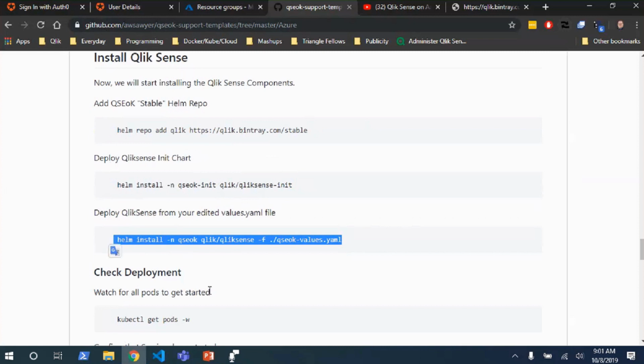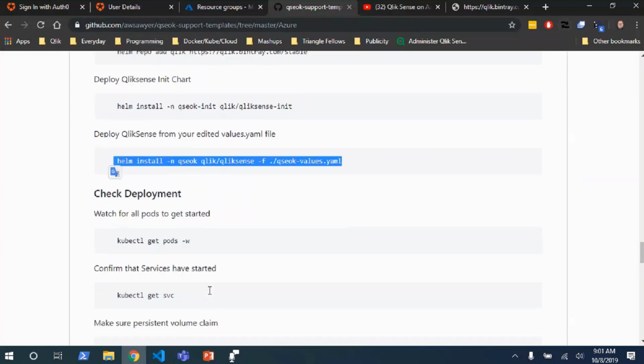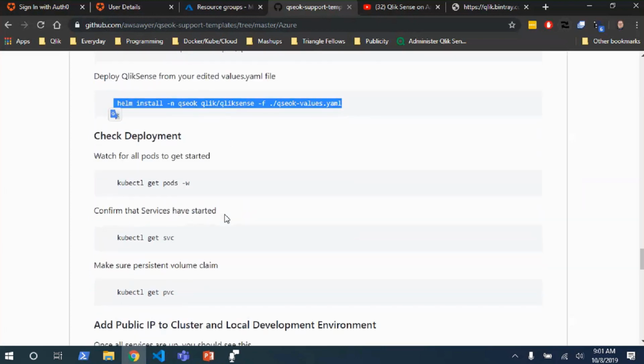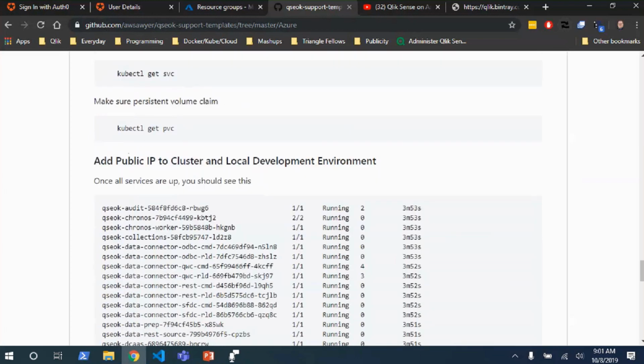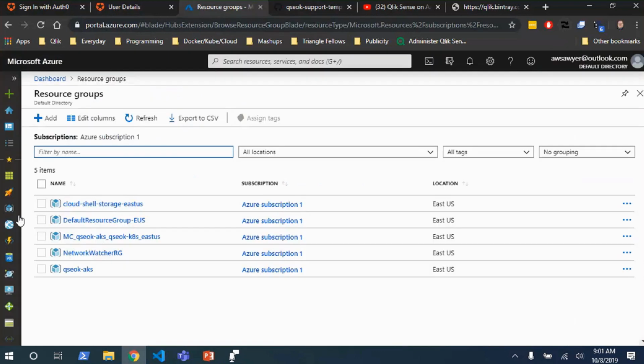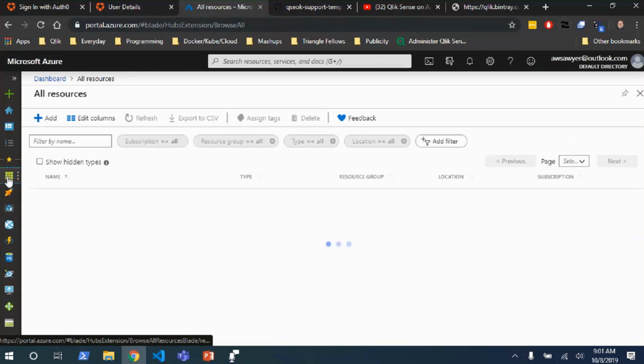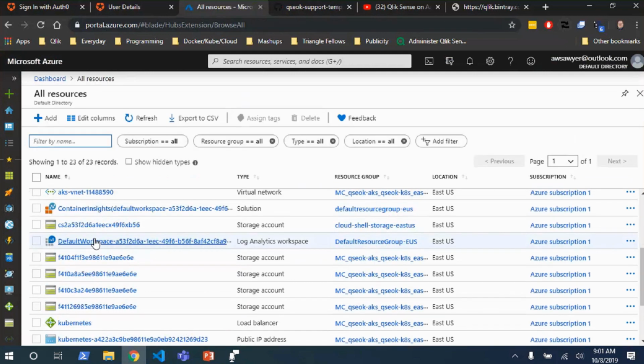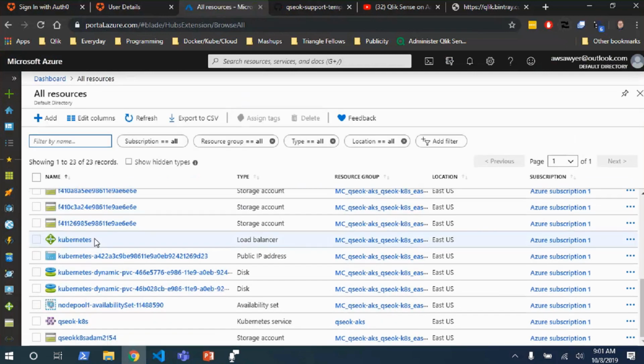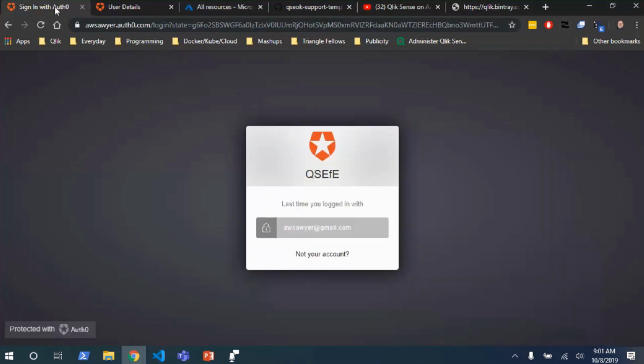And then the product installed. Once that was done, I could see all of these different resources inside of Azure. Additionally, I could also check for these resources inside of my PowerShell, right? I now have a working